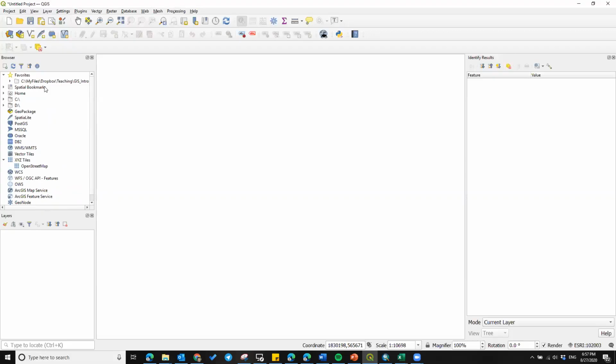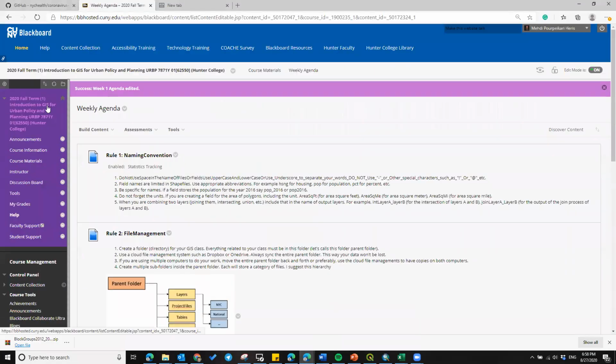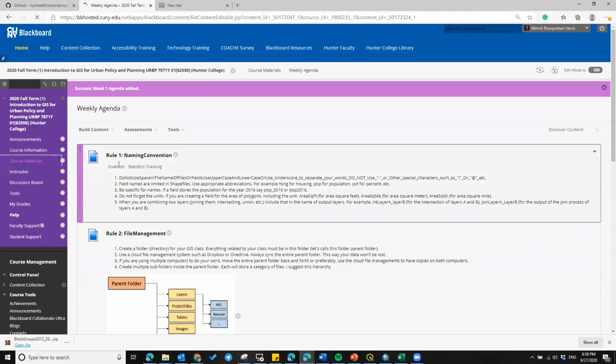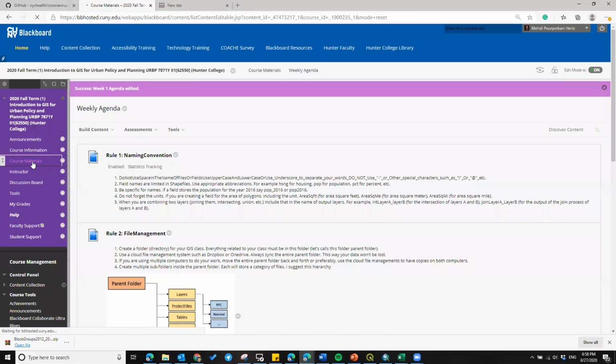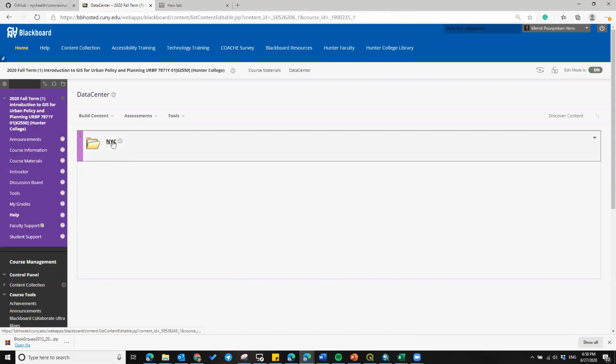Now that I added that to my favorites, that address is showing up under the list of favorites. So, and I can directly go to that folder. So let's download a layer from Blackboard and add that to your map. I have uploaded a layer for New York City under data center in Blackboard and NYC, and you can see that this is a block group shapefile that it